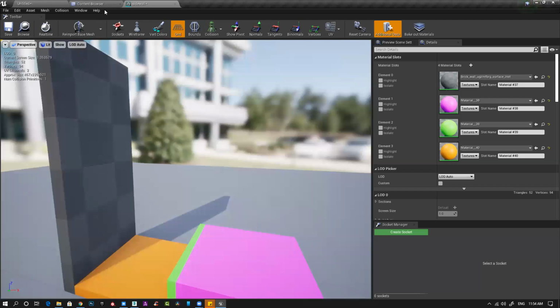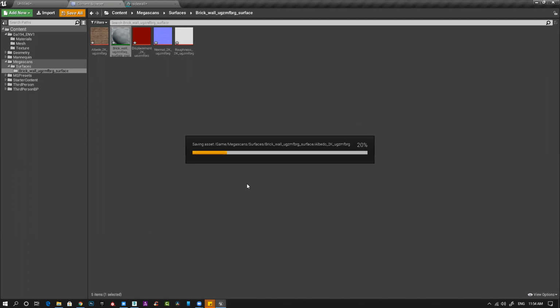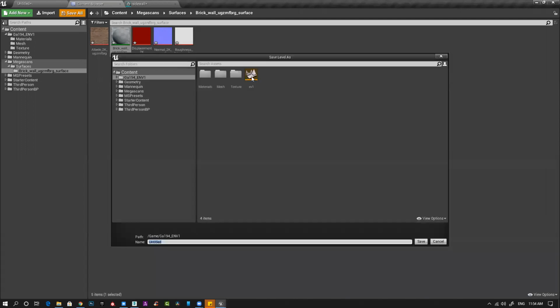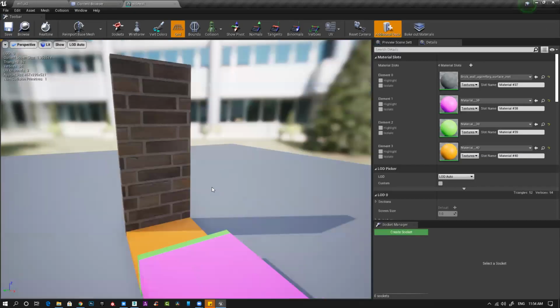It's loading. Version 2. So you can see this wall.